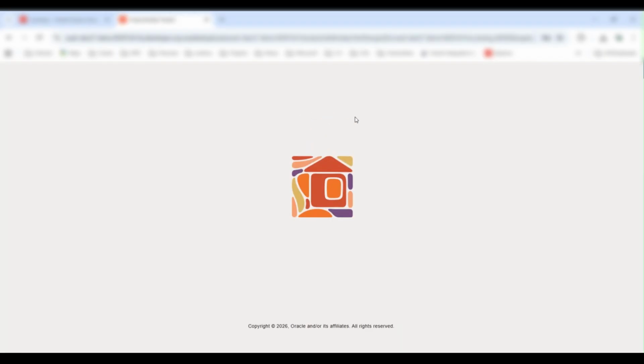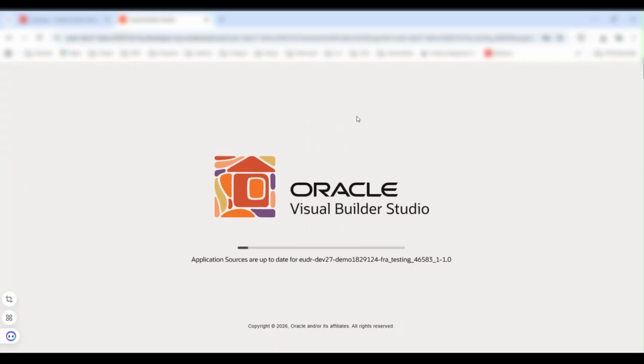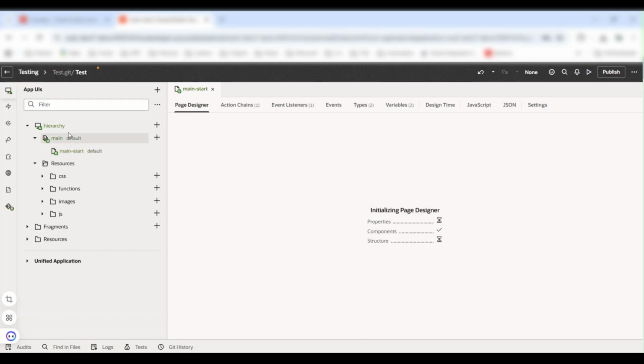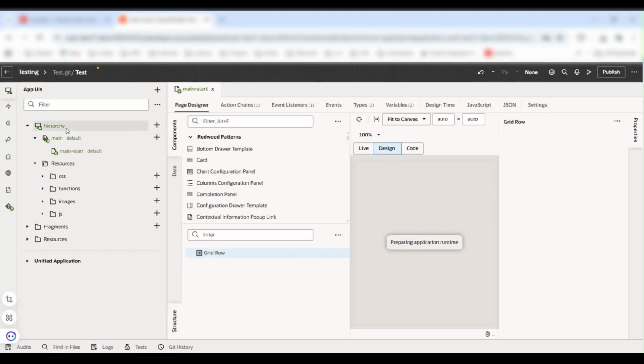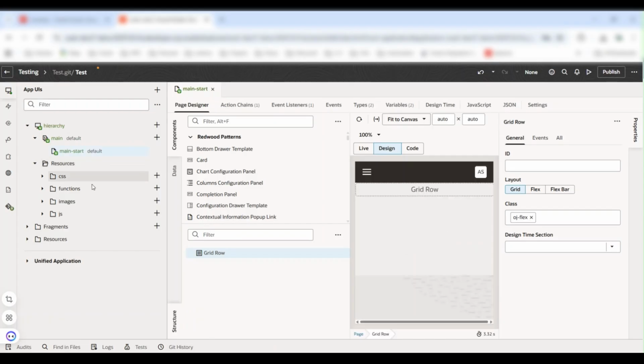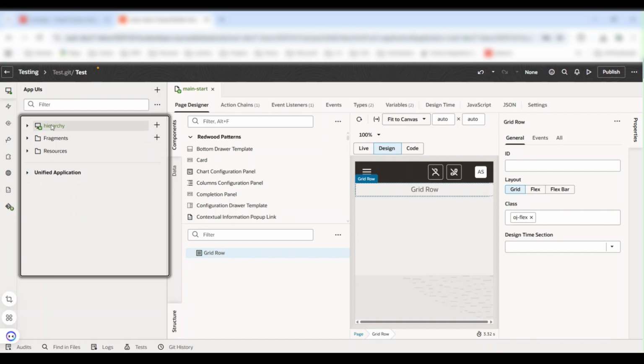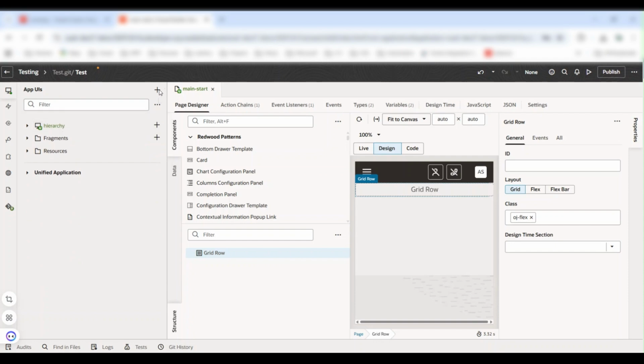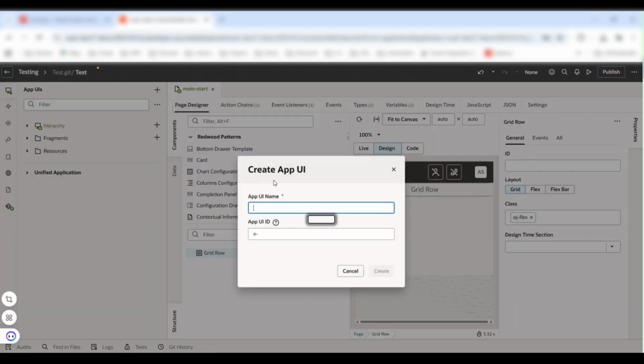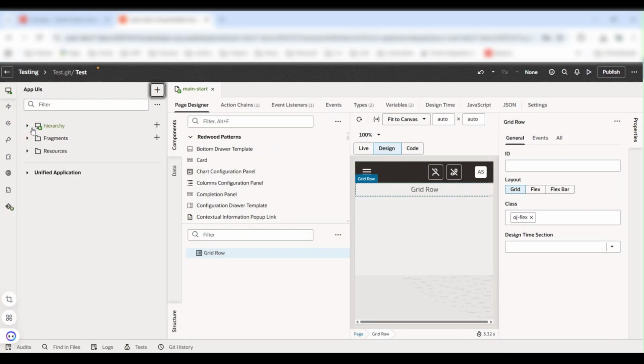Once we have entered the workspace, we will load all the downloaded images into our extension. You can upload any image, that's not a problem. Here I have just taken them from the Fusion so that we get a few images which will suit the redwood. Here we have an application which is already created. If you want, you can create a new application also by giving a name, but I already have one.